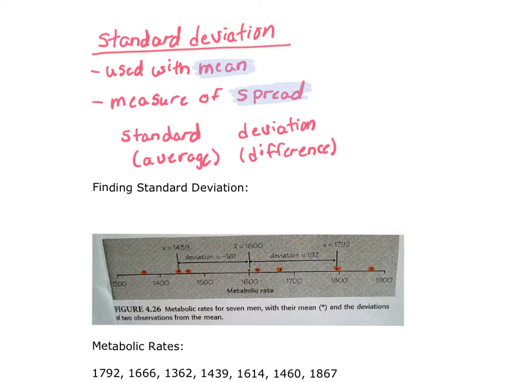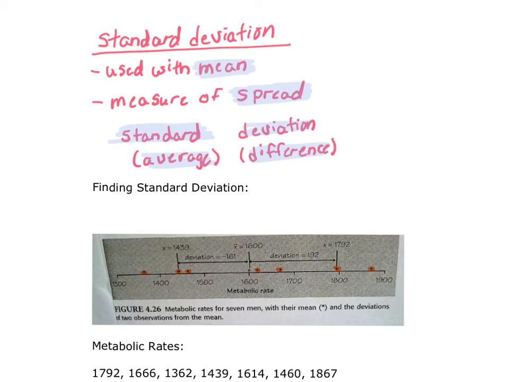So remember, if we're talking about the median, we use the 5-number summary. When we're talking about the mean, our measure of spread is the standard deviation. I want you to think about another way of thinking about standard deviation and what it really is. For standard, another word to think about would be average. And a deviation is really just a difference. So what we're more or less finding with a standard deviation is the average distance that each observed value is